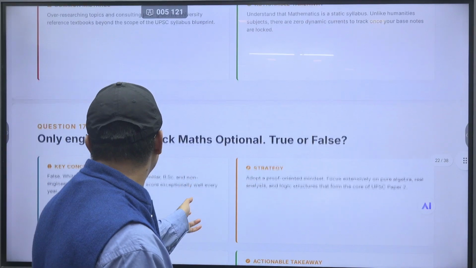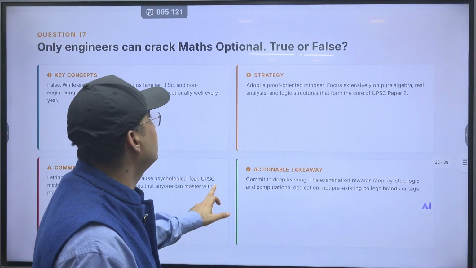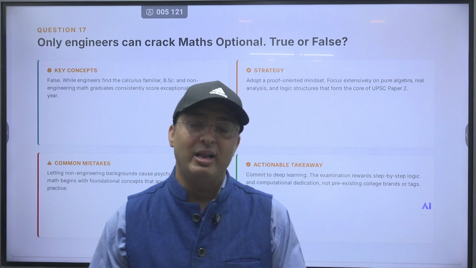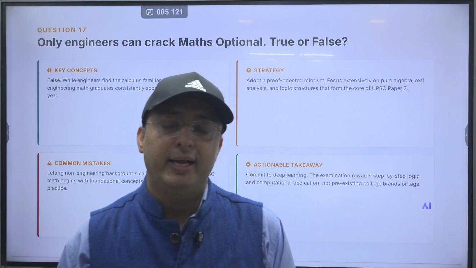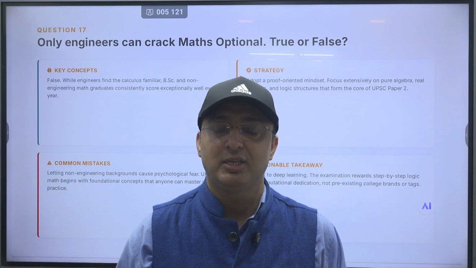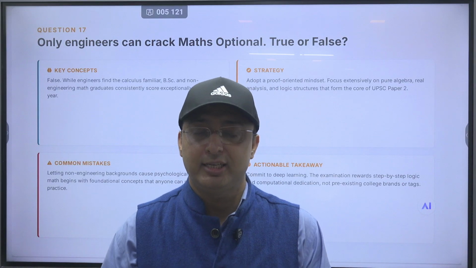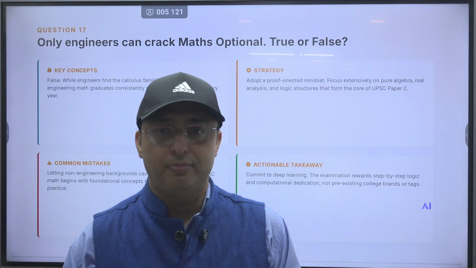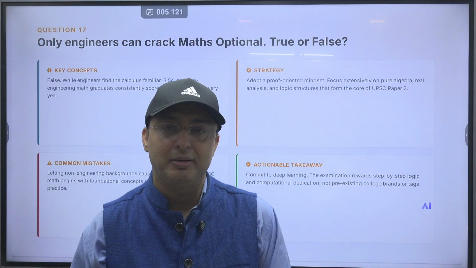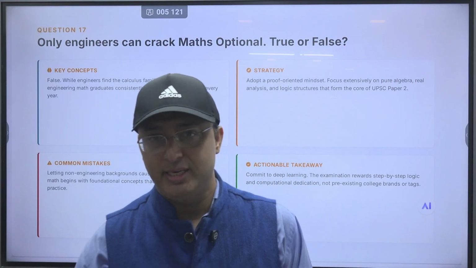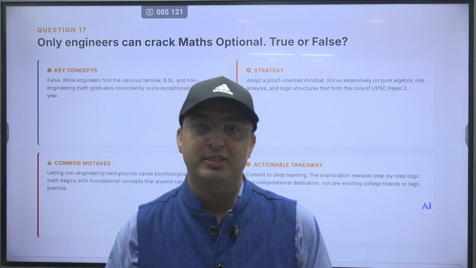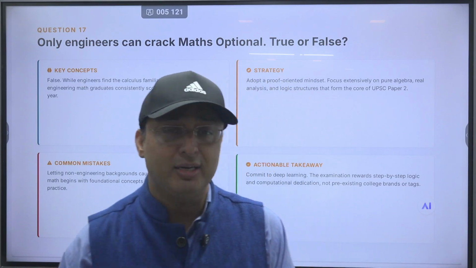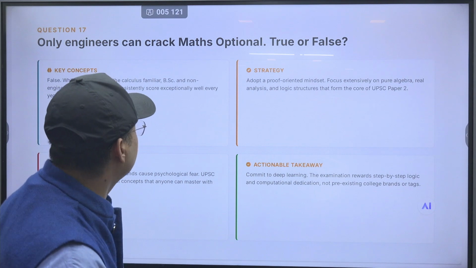Now the next question is: only engineers can crack maths optional, true or false? Well, it's partially true, because the statistics say that the overwhelming majority of people are from an engineering background. Why they're able to crack this examination with mathematics optional is simple: they just take the bull by the horns, and they do not have any bias that they are a pure mathematician or an applied mathematician. They just try to learn the syllabus. They have that knack of cracking the exam, because they nitpick the important things and leave the other chunks. But definitely it is not only engineers who rule the roost in the examination.